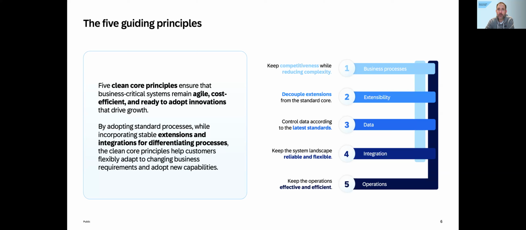As you can see, we're not ruling out any extensions. There sometimes have been, I think, myths or misunderstandings on what Clean Core is, something like you're not allowed to deviate, you only use standard. No, that's not the aim. We understand that it's a great value that we can adjust and adapt our SAP S/4HANA solution. But at the same time, there also comes liability with making extensions, and we want to keep this under control, so that it is a good cost to value balance at the end of the day.